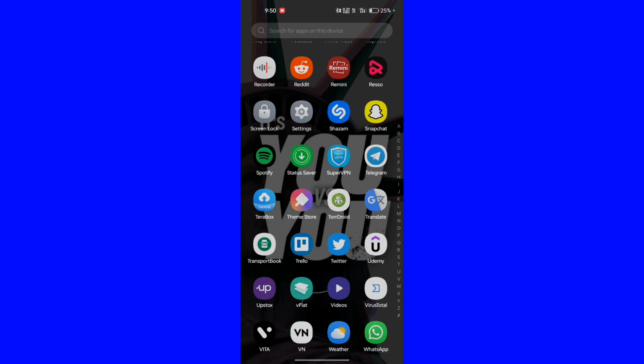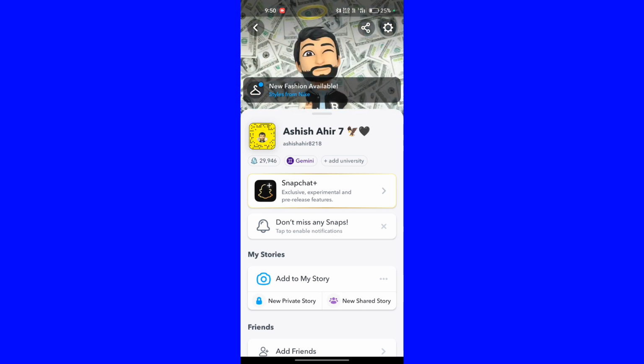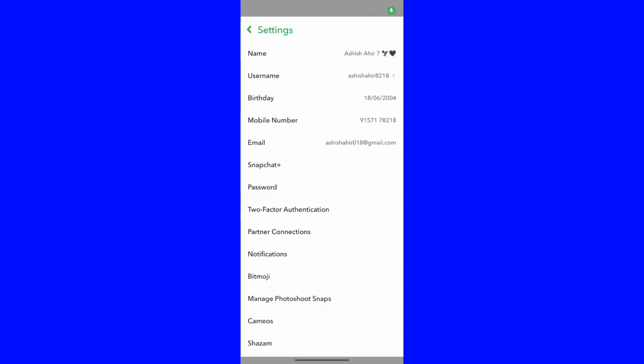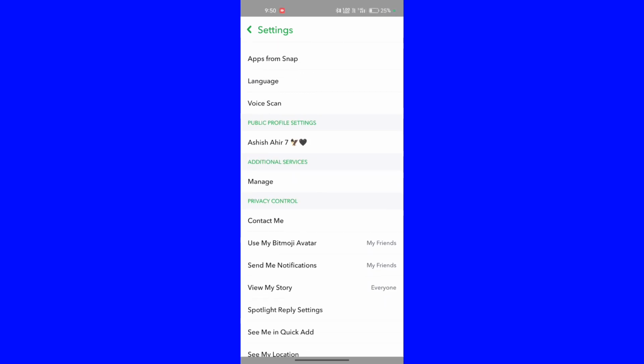First of all, open the Snapchat app. Now click on this Bitmoji icon. Now click on this gear icon on the right side. Scroll down